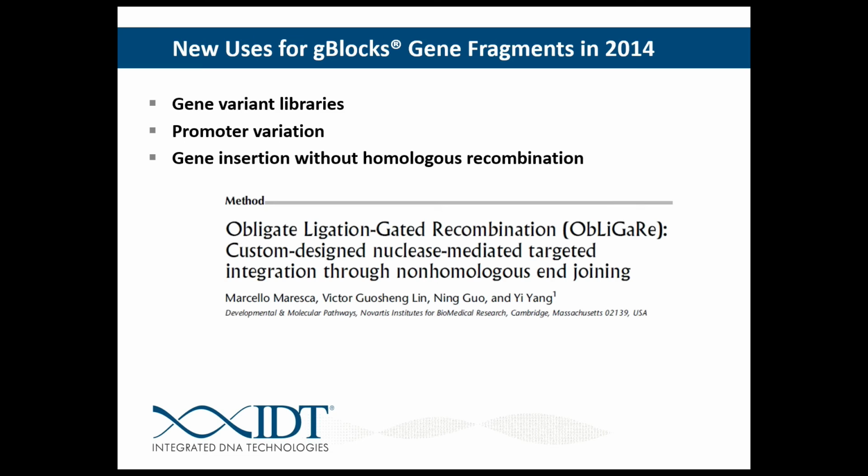Another interesting method I just wanted to mention real quickly came out of the labs of Novartis, and that is using a technique that they're calling obligare. What this is essentially is using a CRISPR system, or really any genome targeting system. It could be CRISPR, it could be TALEN, it could be zinc fingers, targeting and inserting DNA into cells that lack homologous recombination. So they're using the non-homologous end joining pathway, but they're inserting an element of DNA in there. And the way they do this is to simply